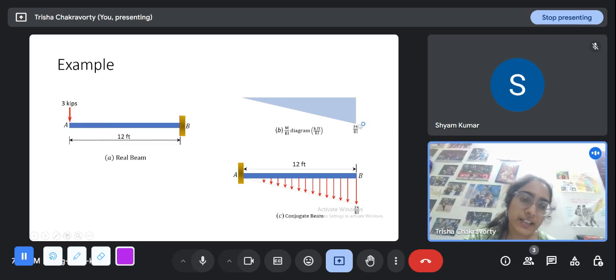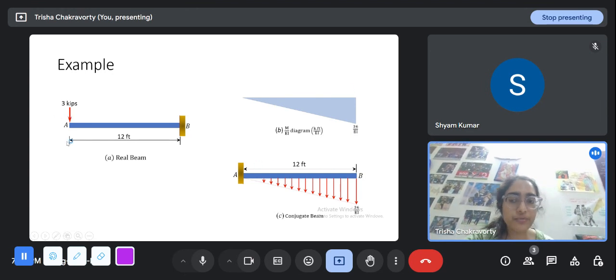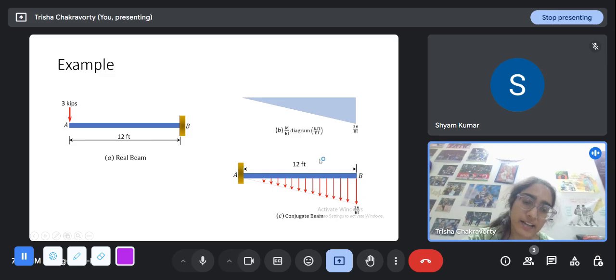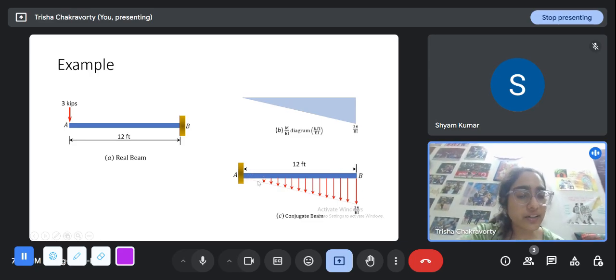So to get the M by EI diagram, we just divide this value by EI. It will vary linearly just the same. So when I draw the conjugate beam, the length remains the same. It is 12 feet. The loading is the triangle in the downward direction like this. And for the support, we know that a free end becomes a fixed end in a conjugate beam, and a fixed end becomes a free end in a conjugate beam. So this remains a cantilever, but in the opposite sense. So here there is a fixity, here there is a free end, and there is a downward loading in the shape of a triangle. So this is not a uniformly distributed load.